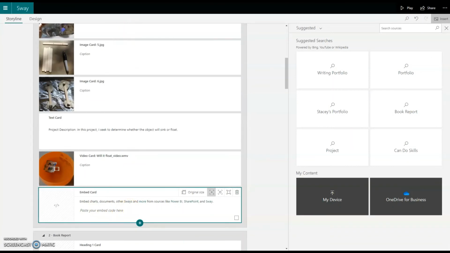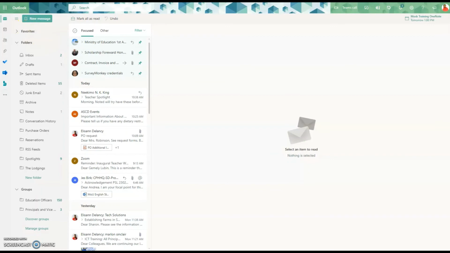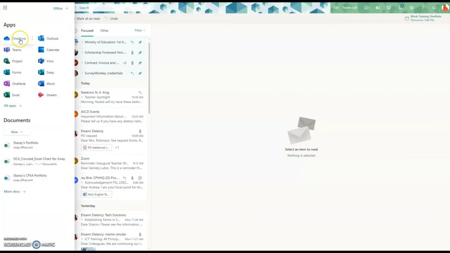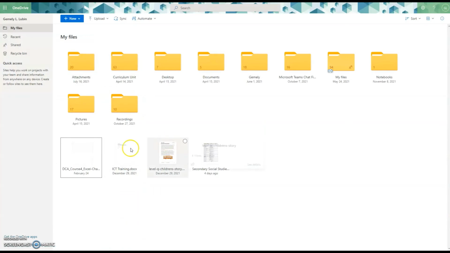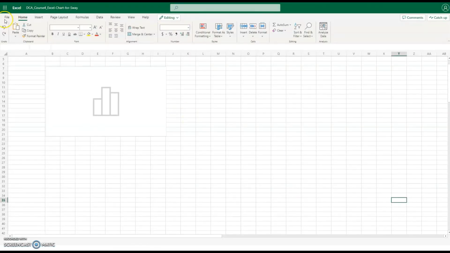Now, the same way that you access your Sway, you're going to open up your OneDrive. And once you open your OneDrive, it's going to take you to your OneDrive folder where we have our Excel document saved. So once you open your Excel document, you're going to click File,